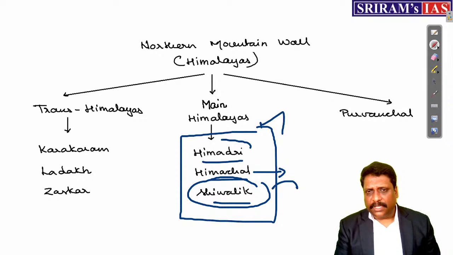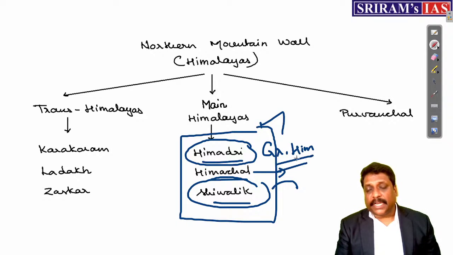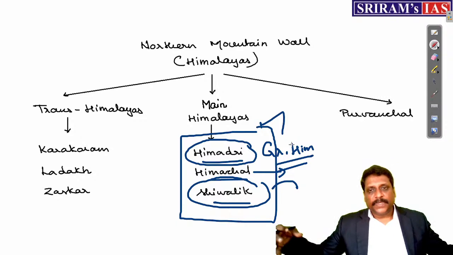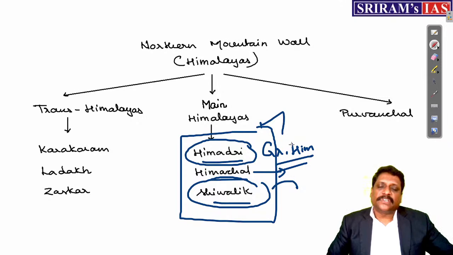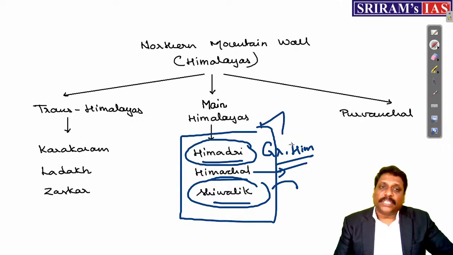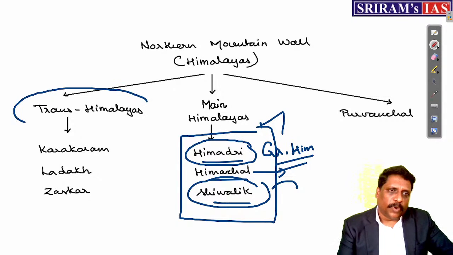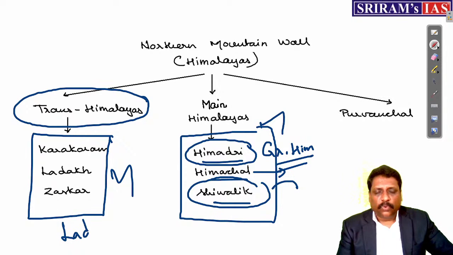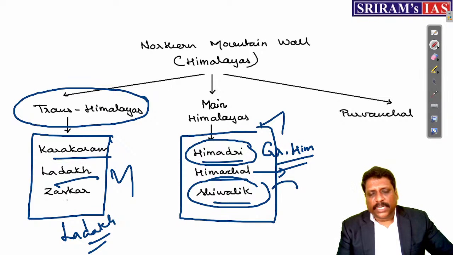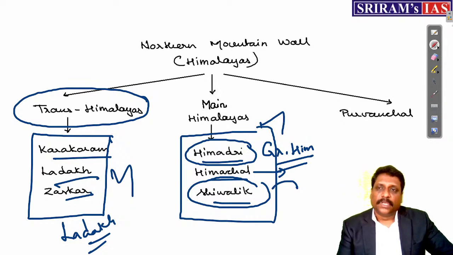Particularly when I talk about Himadri, you call them the Great Himalayas. Why is it great? Both in height and extension. 6,000 meters of height, and 2,400 kilometers of east-west extension it has. On the other hand, my dear friends, the Trans-Himalayas, all those mountains located beyond the Himalayas, are completely confined to the Union Territory of Ladakh. Three mountains we have: Karakoram, Ladakh and Zanskar are the three mountain ranges. Okay? Right, my dear friends.